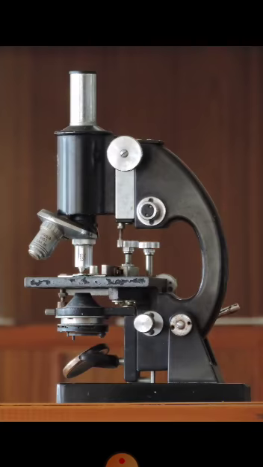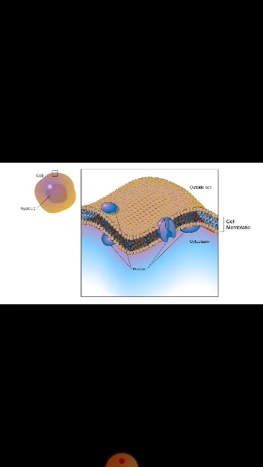Plasma membrane is the outermost layer of the cell that separates the interior of the cell from the outside environment or the neighboring cell. It acts as a barrier keeping the contents of the cell in and unwanted substances out. That is, they are selectively permeable in nature, regulating the movement of substances in and out of the cell. Cell membrane or plasma membrane is present both in plant cell and animal cell.